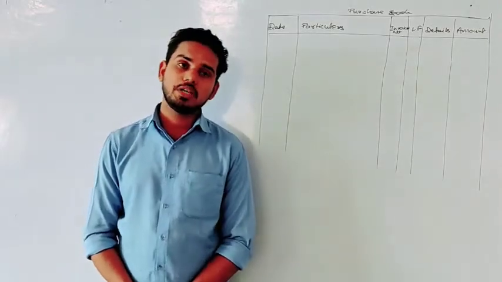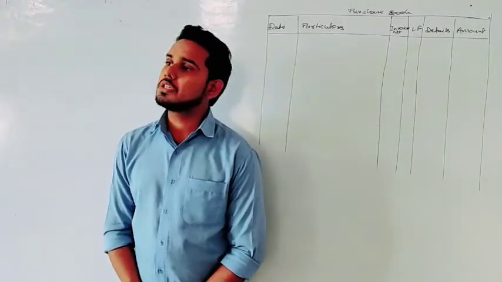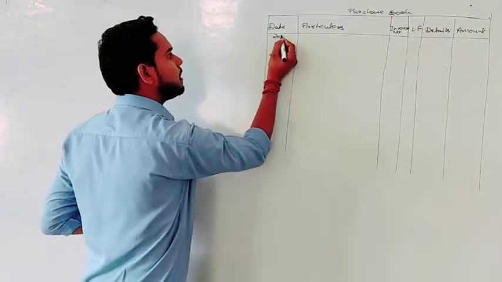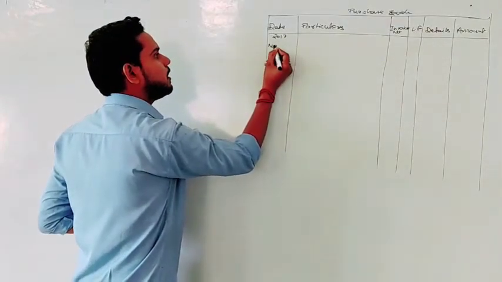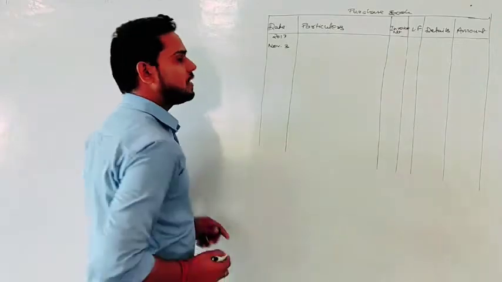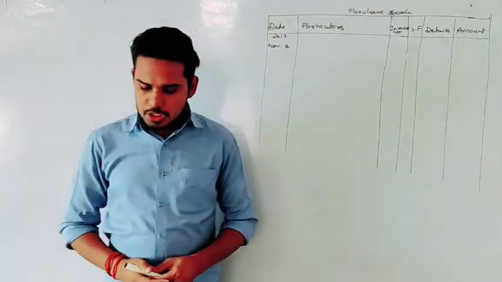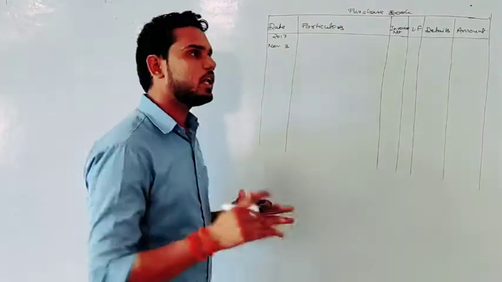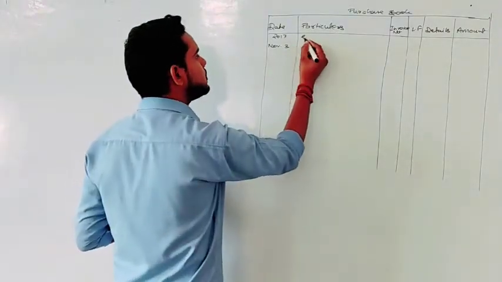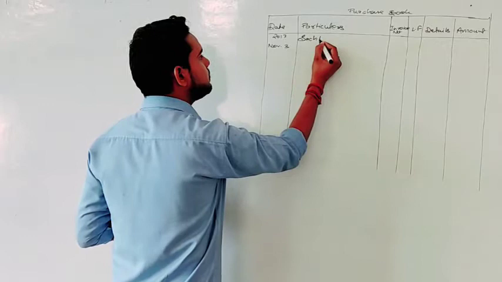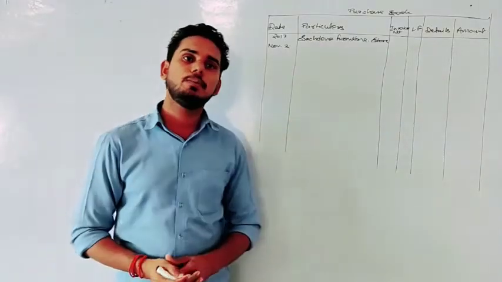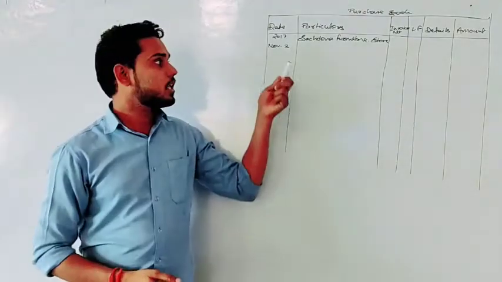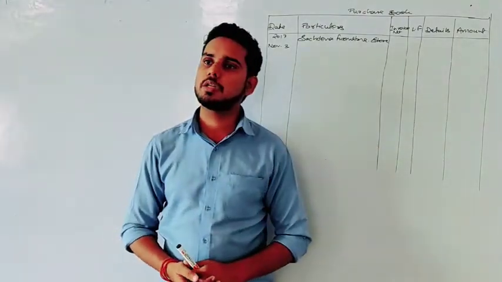Okay. So the first information is given of 2017, 3rd of November. So that must be the date. The year can be written only one time. Then we write the date, number 3rd. And the transaction says purchase goods from Sachdeva Furniture Store, New Delhi. So first we write the name of the person from whom we are purchasing. So we write Sachdeva. Now after writing the name of the party from whom you are purchasing goods on credit, you will write the description of goods, whatever the things you are purchasing, right?